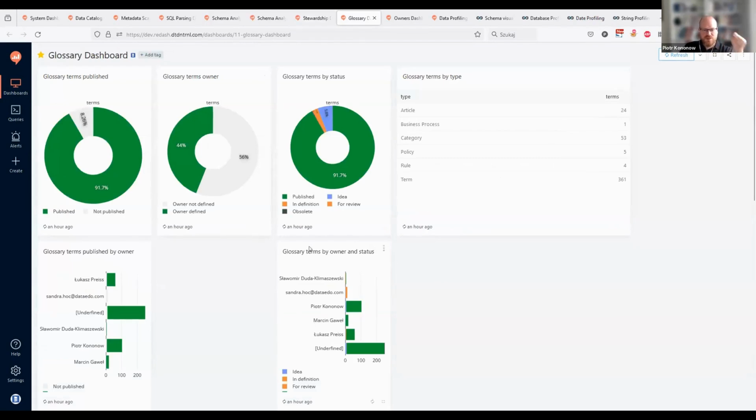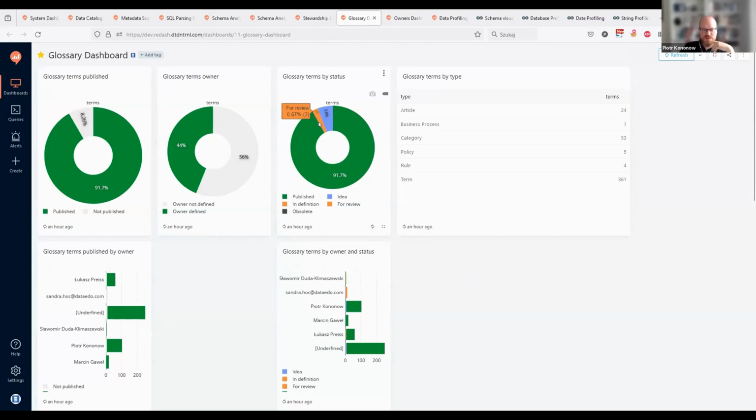Over here, I have a more specific dashboard for the business glossary, with more analytics specifically for that. Here it's broken down by owner, and here you can see the owner and status. So I can see who has some glossary terms for review. This is a global view, so 90% are published, but there are still some as an idea and in definition.